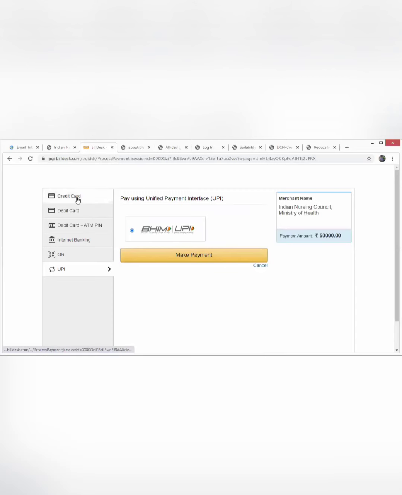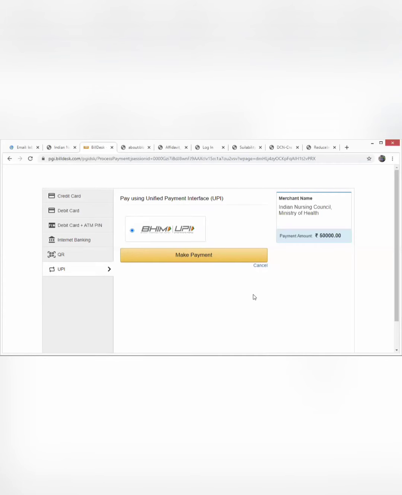If by chance, because of some problem, you are not able to see the success message, provided the payment has been done, meaning a transaction has happened and the money has been deducted from your account, you can write an email immediately to the Indian Nursing Council.